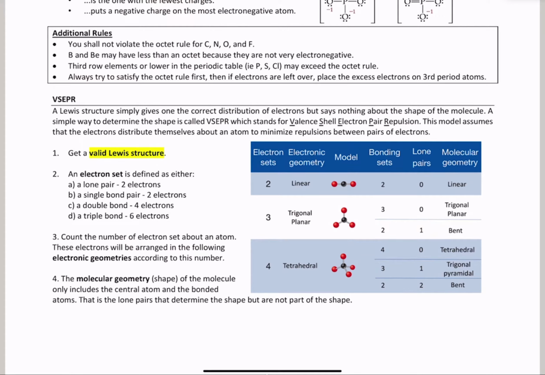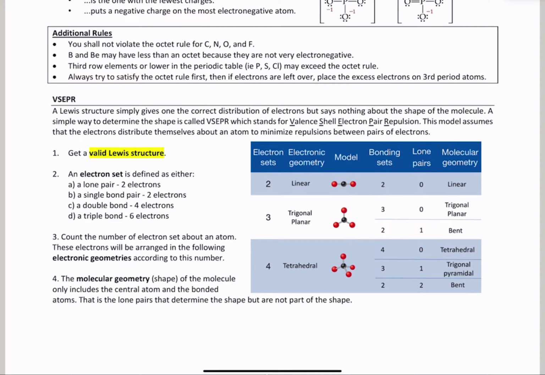So, before going into the second part of the Chapter 9 worksheet, I just wanted to talk about VSEPR theory. Keep in mind that what we did in the first part of the chapter is just learning how to draw Lewis structures, which only give us the correct distribution of the electrons, but don't tell us anything about the shape of the molecule. So in order to determine the shape of a molecule, we use